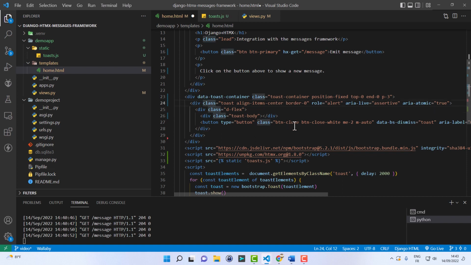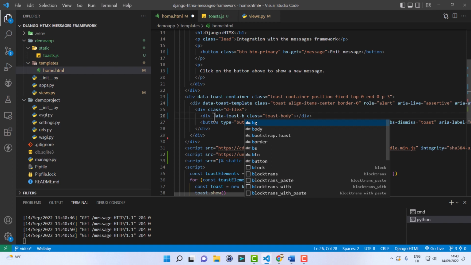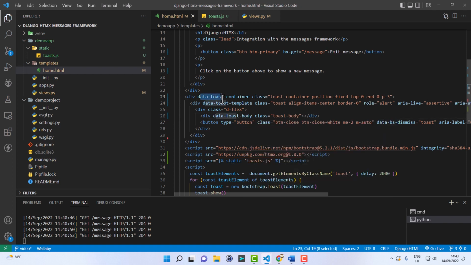This I will name data-toast-template, and this data-toast-body. Okay, the goal of these data attributes is to easily find those elements in the DOM from JavaScript, so that we can, for example, duplicate the toast template, inject the text in the toast body, and once the clone is operational, we can insert it in the container.